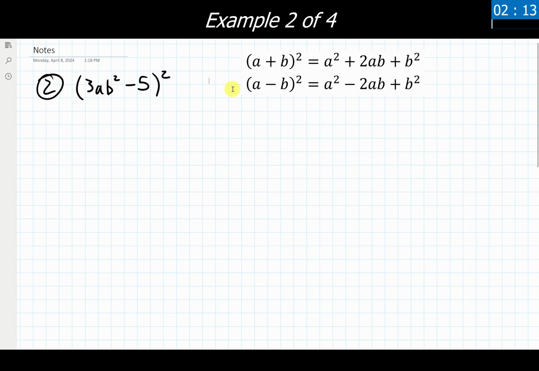Our second example is giving us the expression 3ab squared minus 5, all raised to the second power. And again, we're going to take a look at which of the original starting forms we are working with. And in this case, we have the square of a difference. I have 2 things that are subtracting together, and I'm squaring them in my original problem. So I can think of, again, having my air quote A and air quote B terms, and I can identify those and then plug those into the fully simplified form and then simplify things out from there.